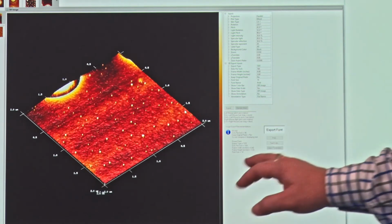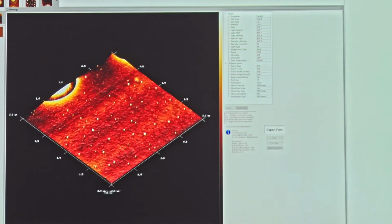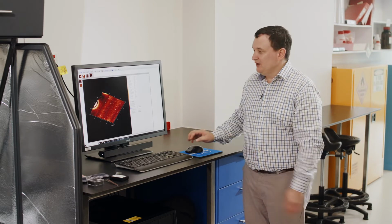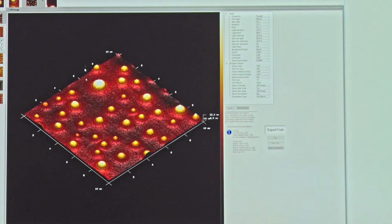So what we can see now is our 3-dimensional view. This is the surface topography that we have. Now the AFM system here can capture more than just the surface topography, for example, roughness. It can also capture other information. And if I go across to this other file that I've already opened here, then we can start to look